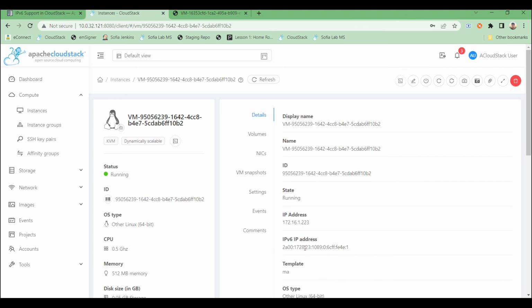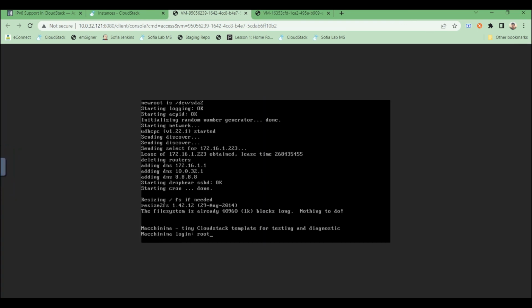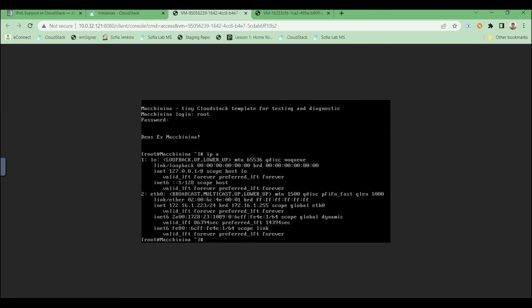I can see an IPv6 IP address is assigned for this VM. I can go into the VM console, log in, and check if IPv6 is present. It is present, so I can go back,